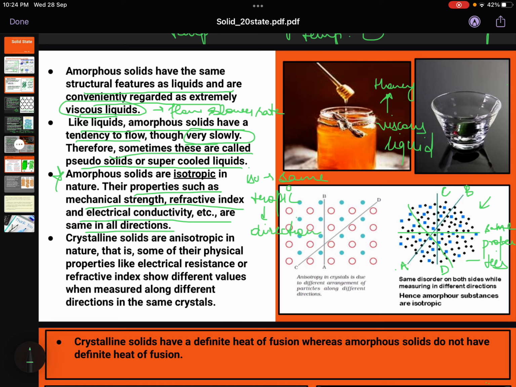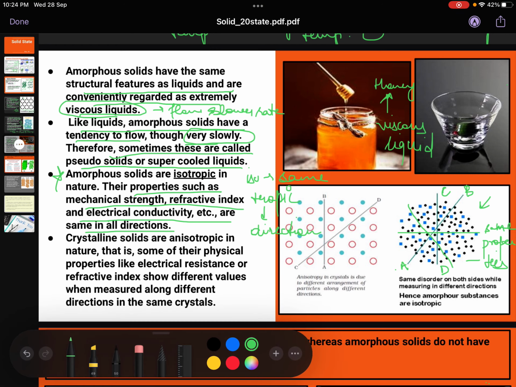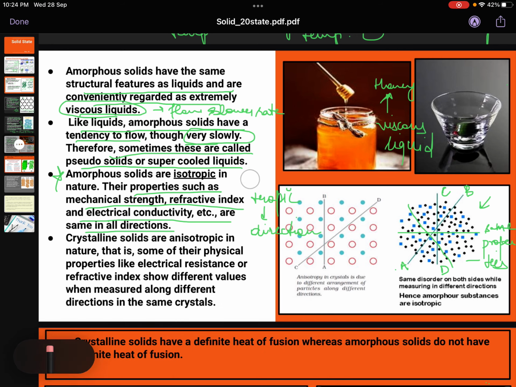Means the properties will be the same in the different directions. Okay, this is the case with the amorphous solids. But if we talk about the crystalline solids,